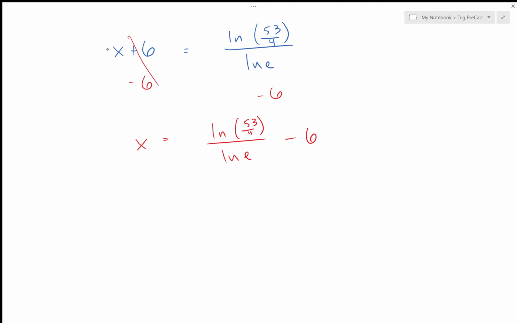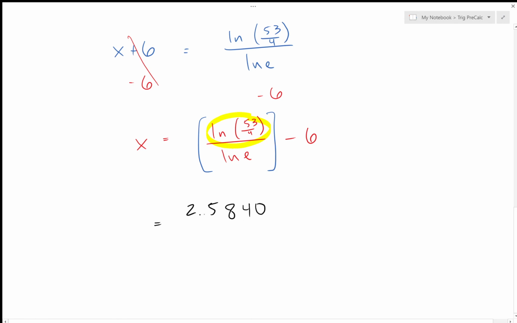So x is all by itself. We're not going to say it's done yet because we want an answer right here. What you want to do is now put this whole thing on the calculator. All right, so we'll go piece by piece because we want an actual decimal answer. Let's go top first. So on your calculator, make sure you're using the ln button. So the ln of 53/4 is, and we're going to do a little bit of rounding here,